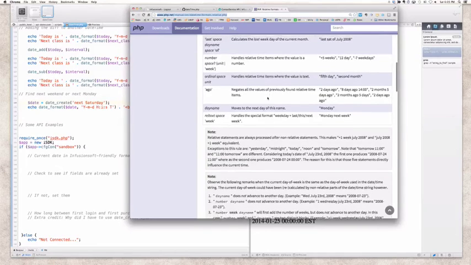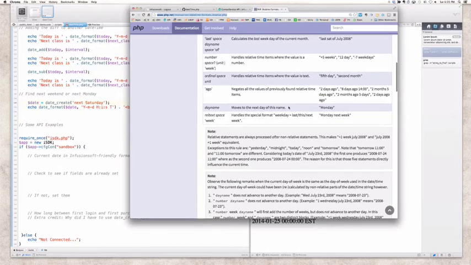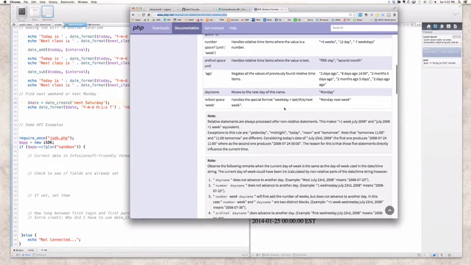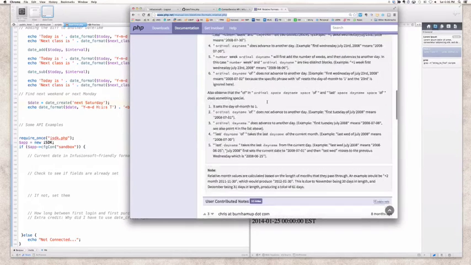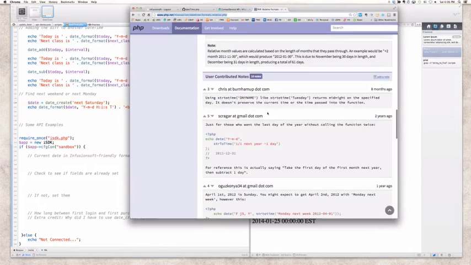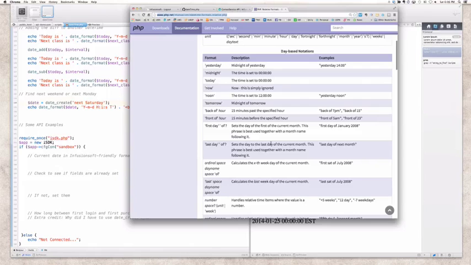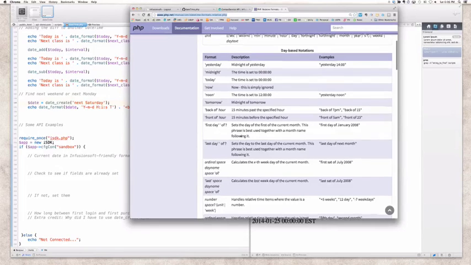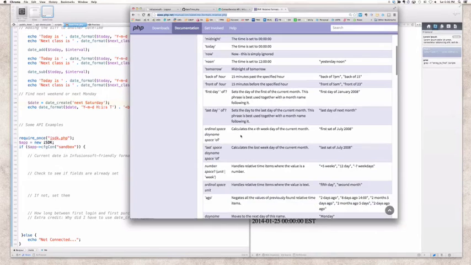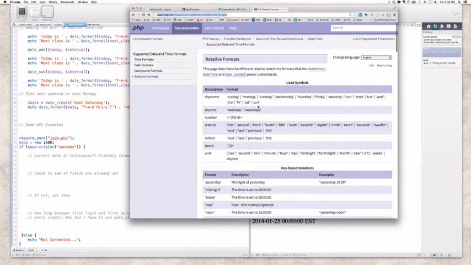Moves to the next day of this name, weekday plus last, Monday next week. Anyway, somewhere in there is how we're going to get to the next weekday. I'd have to sit down and read this to figure it all out, but your answers are in here. Oh, wait. Here we go. Weekday is